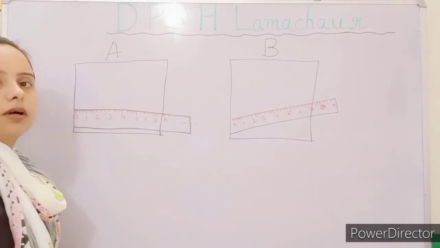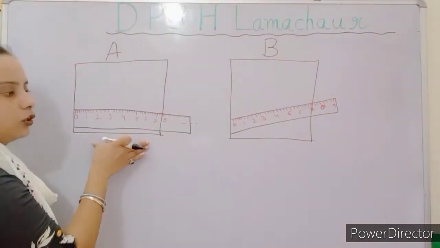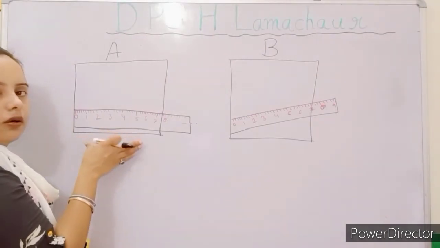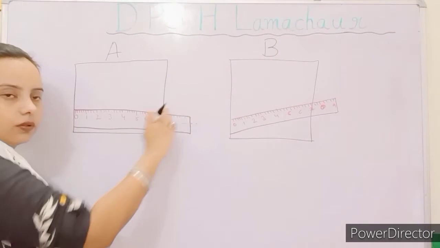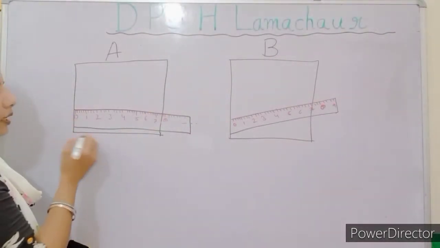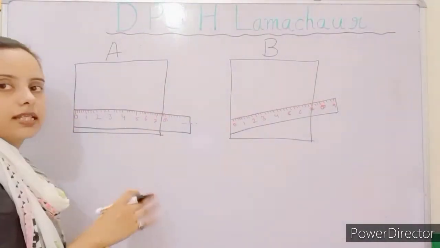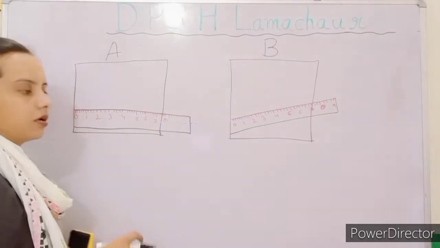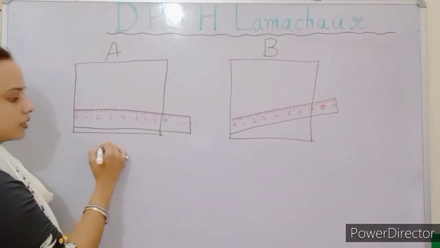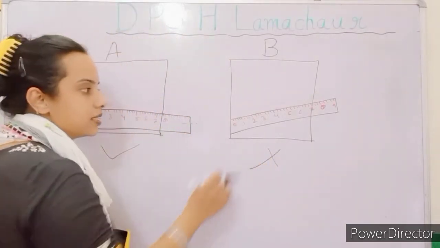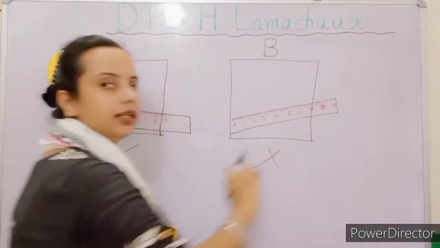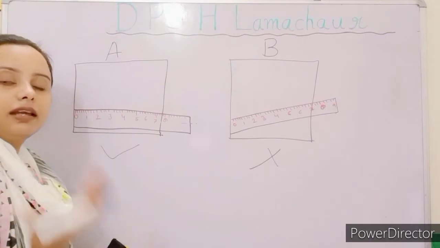To arrange the scale, to put the scale in contact with the object. So straight, हमें क्या करना है? Scale लगाना होता है, arrange करना होता है, ताकि so that we can get the exact length of the box. So this is the correct method and this is the incorrect method. Means हमें scale को टेढ़ा कभी arrange नहीं करना होता है because it varies the